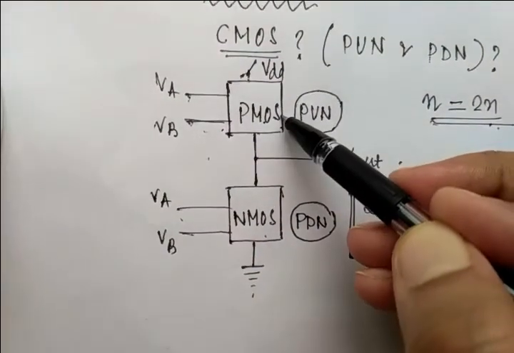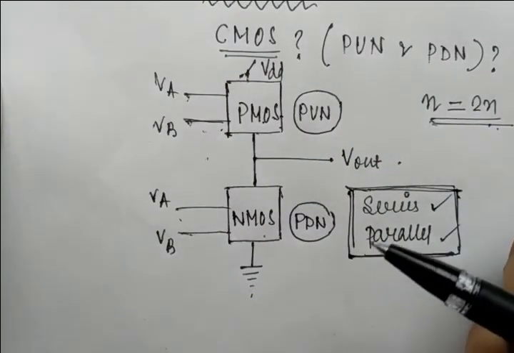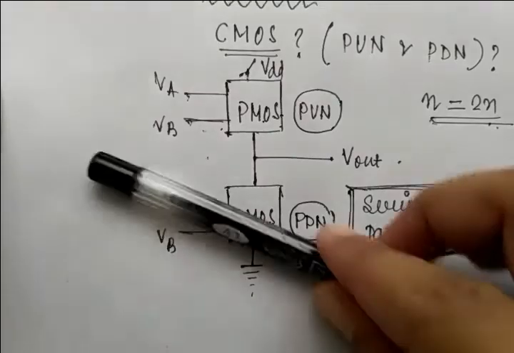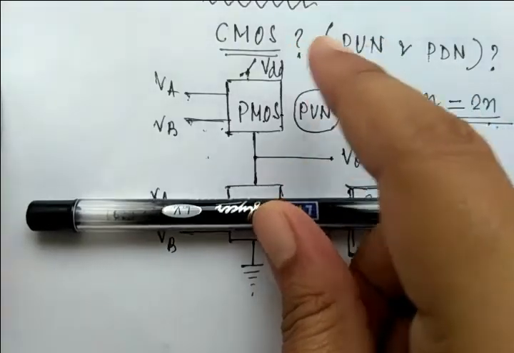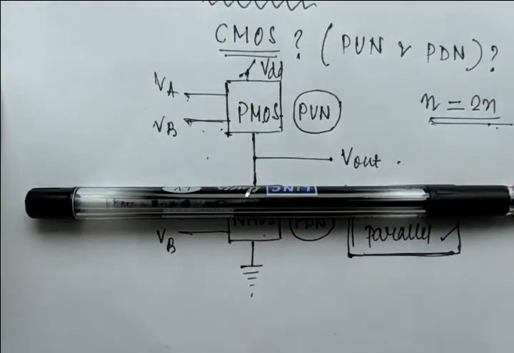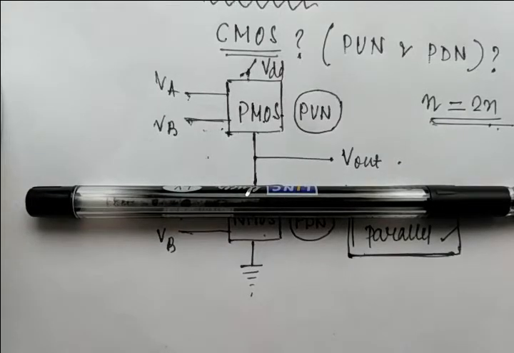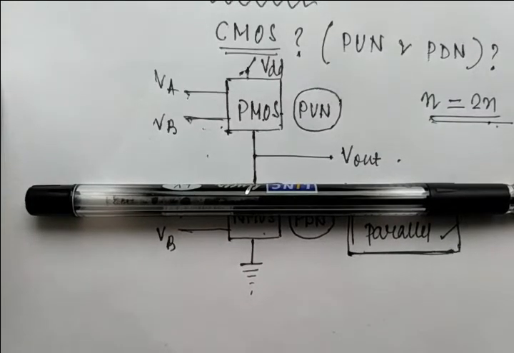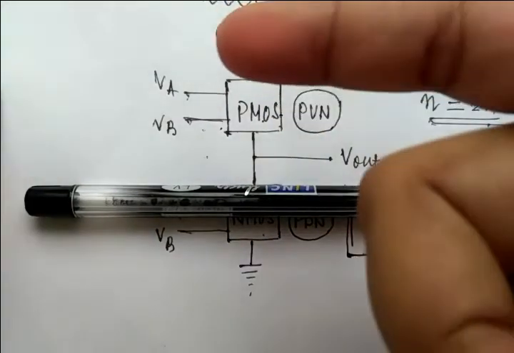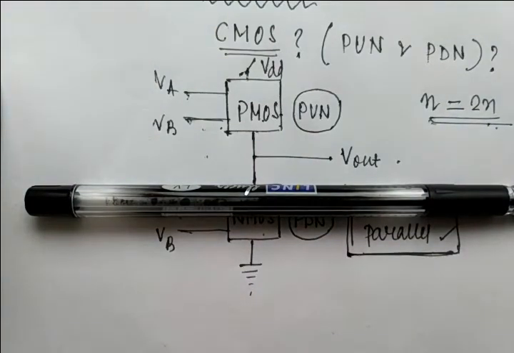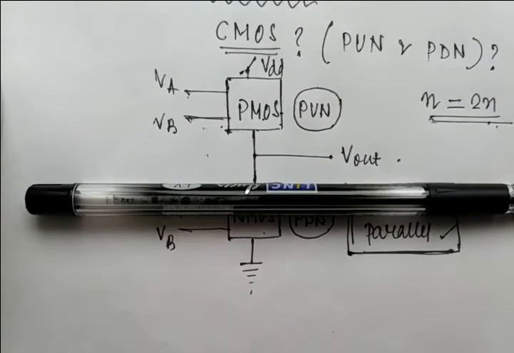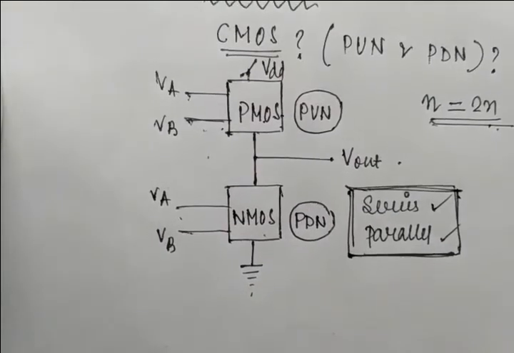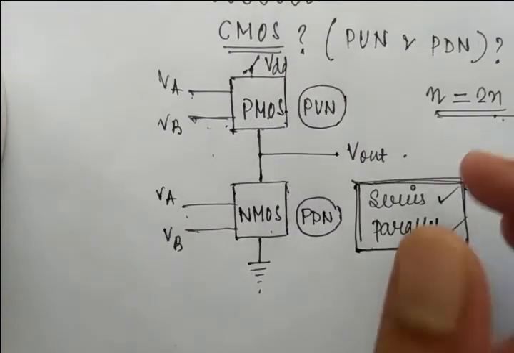And why is it called the pull up network? Because if the input combination is 0, means low, that means the NMOS will be off and the connection will be between the output and this VDD. So this output will be connected to the VDD, which is the source, so it will be +1, means the positive. And why is it pull up? Because the output is pulling towards the upward direction. So that's why it is known as the pull up network. Clear? Okay, so this is a very important assumption we have to use in each and every portion of designing.